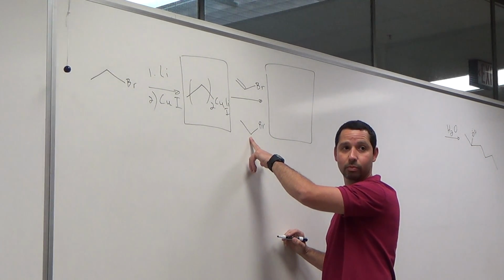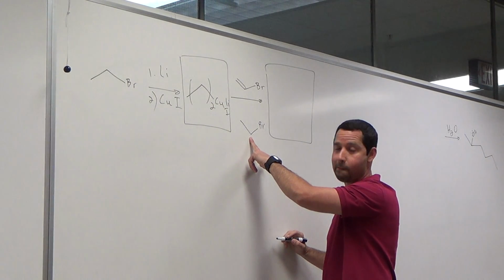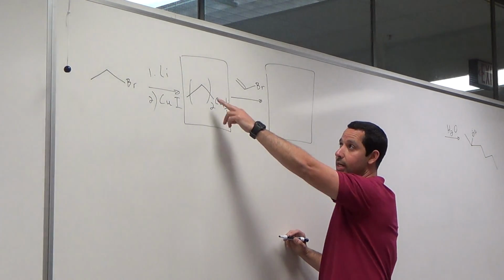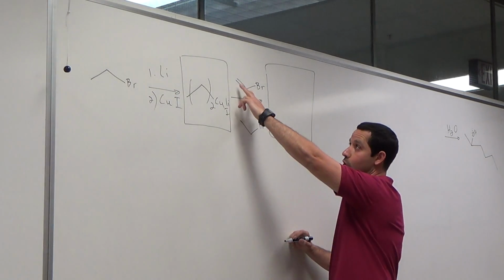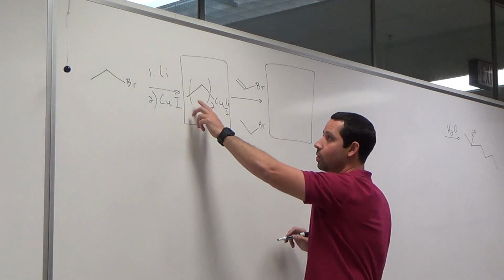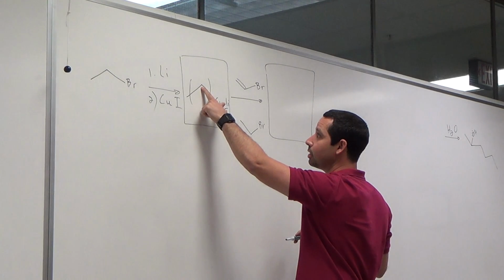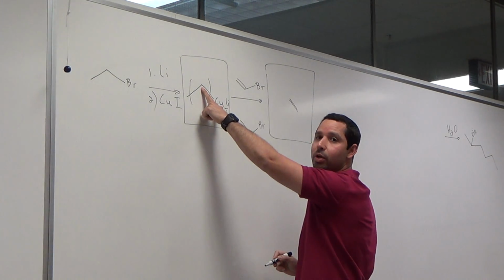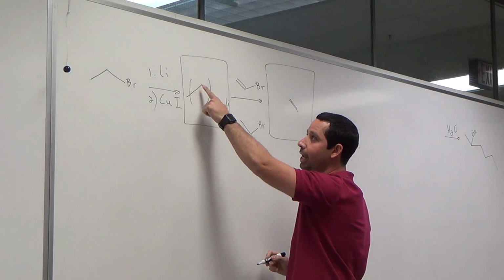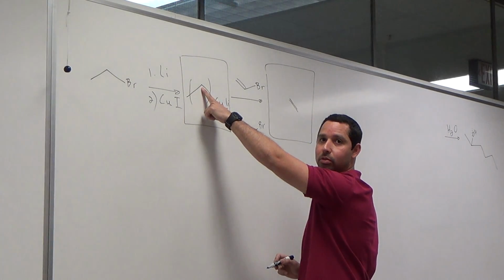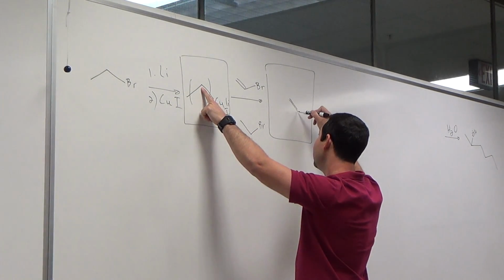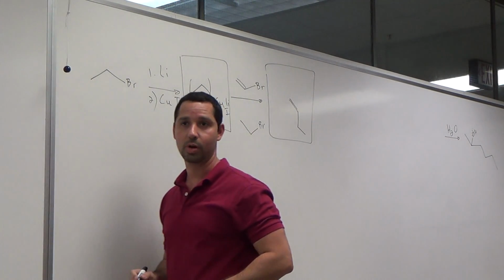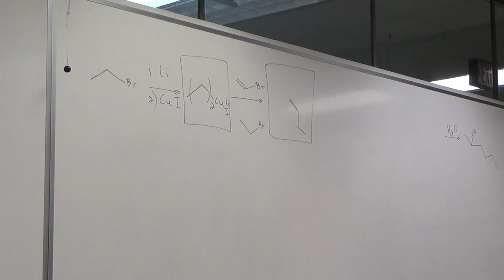It's SN2, yes or no? Yes, SN2, and it will give you 2 carbons more. Whatever you had, it added 2 carbons to it. But it's a double bond now. So, how many carbons here? 1 and 2. I have this here. And where am I going to add the 1 and 2 carbons? I'm going to add it to 1 and 2 carbons. That's what happens. The double bond stays the same.